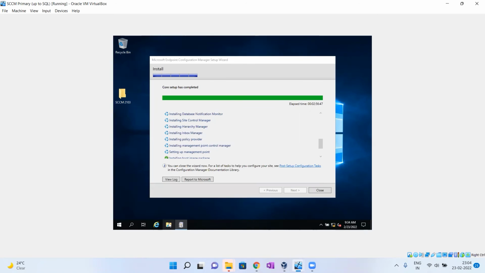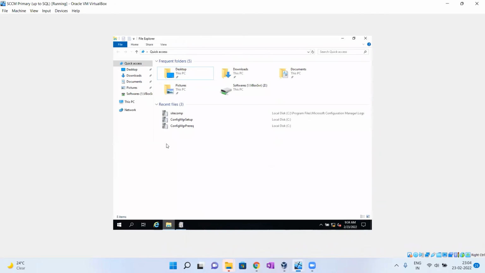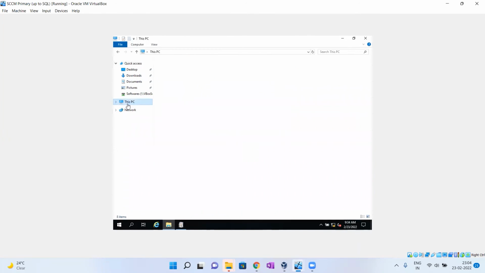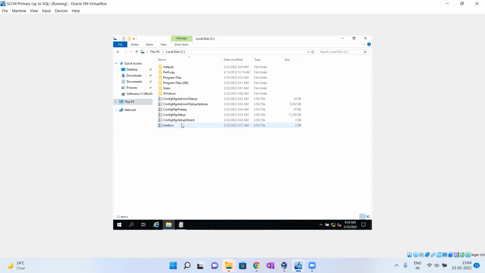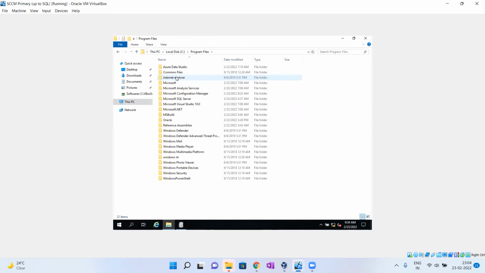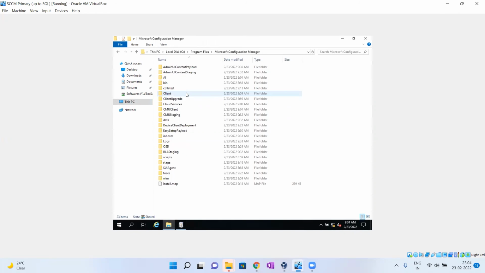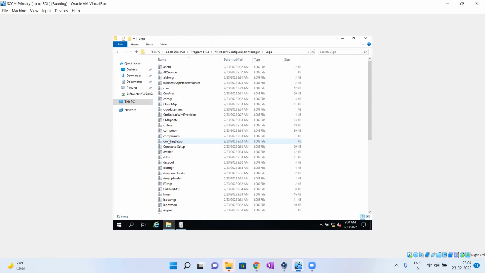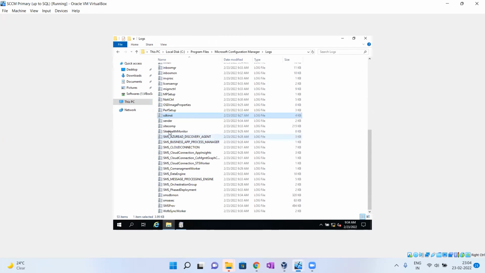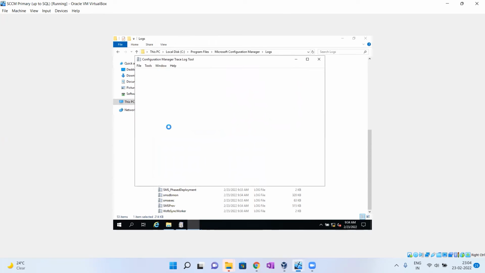For that we need to check the site component log. Go to C drive, installation directory, Program Files, Configuration Manager, logs, sitecomp. We need to monitor this log.